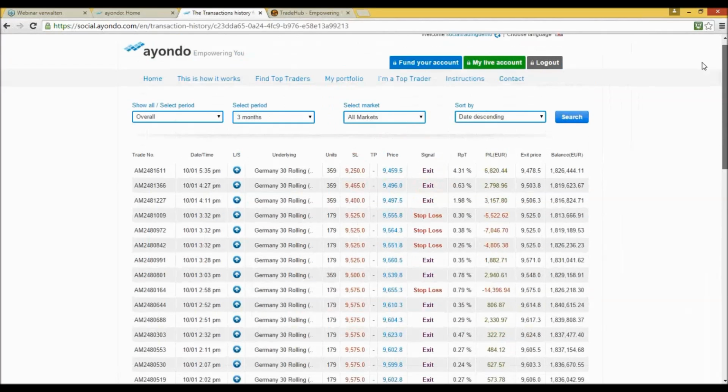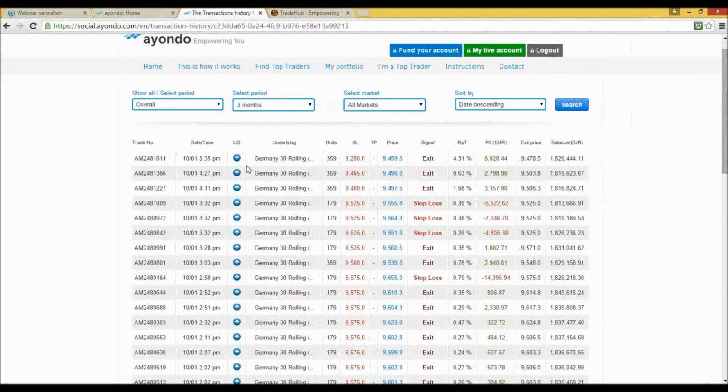So this page here, when we went to transaction history, shows trade by trade everything that he's done on this account. So we can select the period for since inception. In fact, that's what we'll do. And we can look at it from a descending date order or an ascending. We'll look at the most current, so we'll go descending. We click search, and we can see here the first trade he did, or the last trade he did rather,